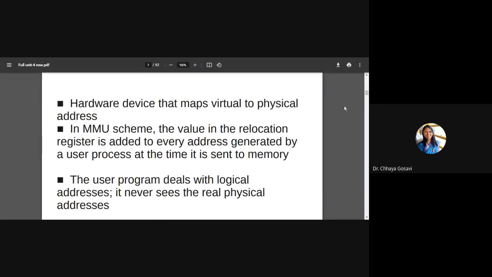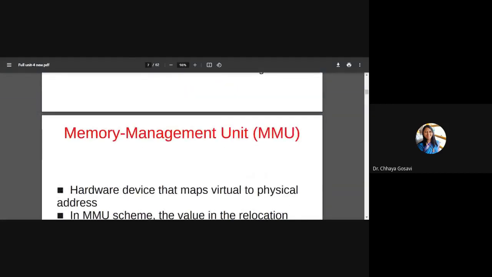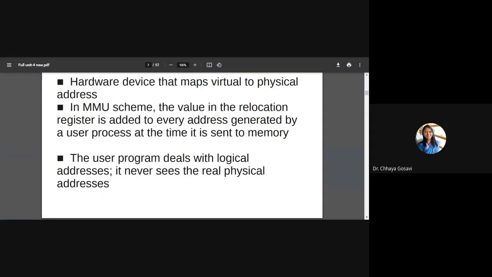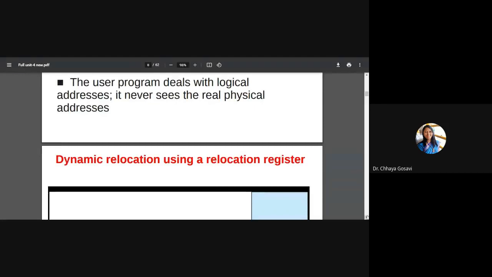So it is memory. What is the memory management unit? It is a hardware device which maps virtual address to physical address. And we have seen the memory management unit has a relocation register. Relocation register means the new address. So it converts your logical address to a new address with the help of the relocation register. And it also has one limit register which protects this translation from violating memory errors.